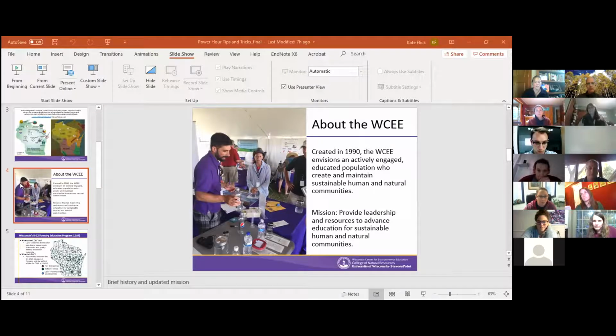We've got GHS, the Green and Healthy Schools, and we have LEAF, the Forestry Education Program, and KEEP, the energy education program. There's a couple representatives from each of those programs here today, so that's awesome. Thanks for coming, everyone.